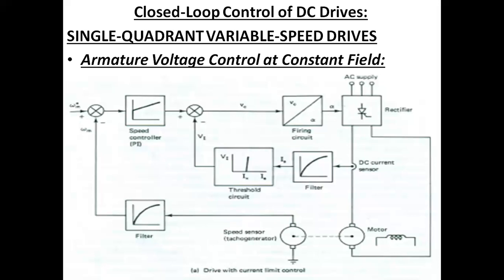So there the current control overrides the speed control, and the speed error is corrected essentially at a constant current equal to the maximum permissible value. When the speed reaches close to the desired value, IA falls below Ix. So the current control goes out of action and speed control takes over. In this scheme, at any given time, the operation of the drive is controlled either by the speed control loop or the current control loop. That's why it is called parallel current control.